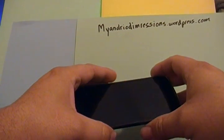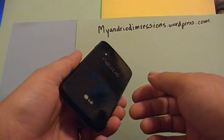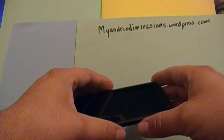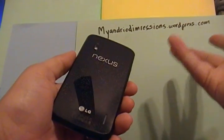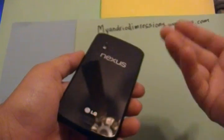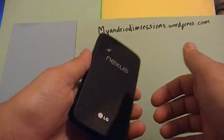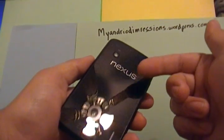Today is the 24th, Christmas Eve, and I want to talk about my new phone, the Galaxy. Why? It's not the Galaxy Nexus. It's the LG Nexus. I did have the Galaxy Nexus, and I keep wanting to always say Galaxy Nexus. This is the Nexus 4 from LG,